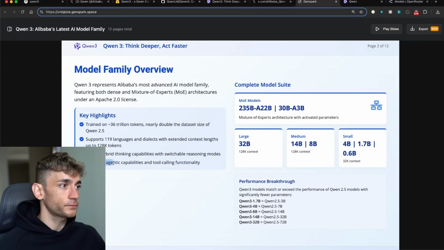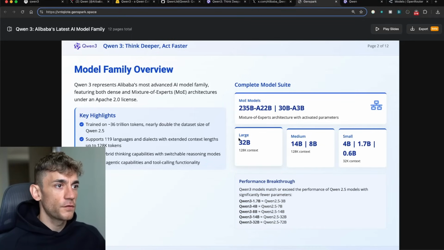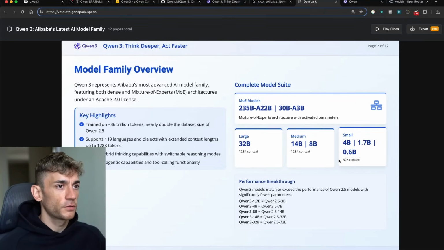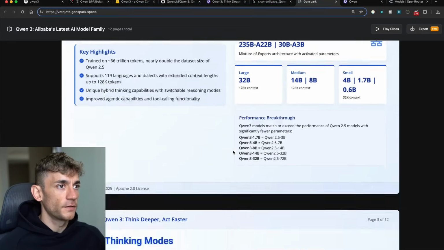Next up, improved agentic capabilities and tool calling functionality. So you can see the performance breakthrough here in terms of what's been achieved. And also you've got the summary in terms of the context. There's many different models. You got large, medium, and small. Okay? So obviously the smaller model has a lower context, the larger one has a higher context,